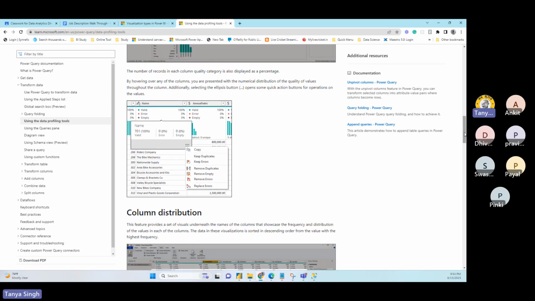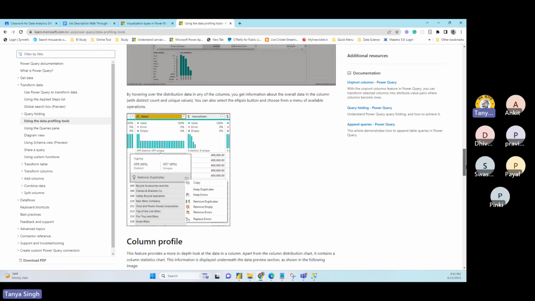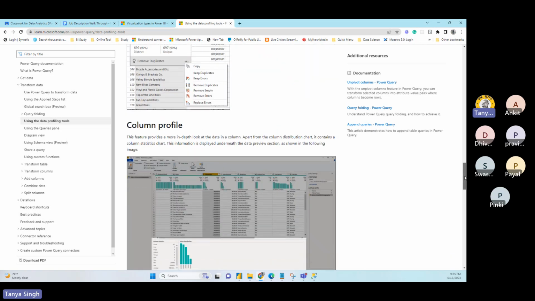Similarly, column distribution is also very important. What you see on the column distribution is unique values, right? I don't know whether you are familiar with primary key. A primary key in a table should always be unique. So if you see 99%, not 100%, then that's the problem, right? But a name can repeat, right? There could be two Madhukar, there could be two Adam. So that's fine.